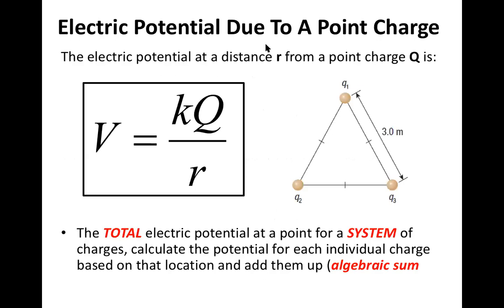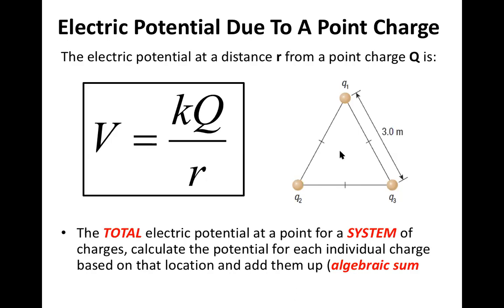And then we have electric potential due to a point charge. If we have multiple point charges, and we're not talking about a test charge, they have significant charges themselves, we can find the total electric potential at any point in or around this space. And we do that, we calculate the potential based on just Q1, just Q2, and just Q3 at that specific location, and then we add them all up. So for example, if we wanted to find out the voltage located at the center right here,